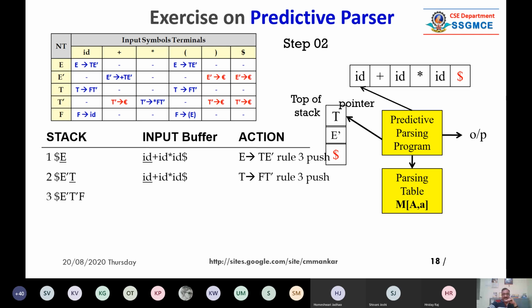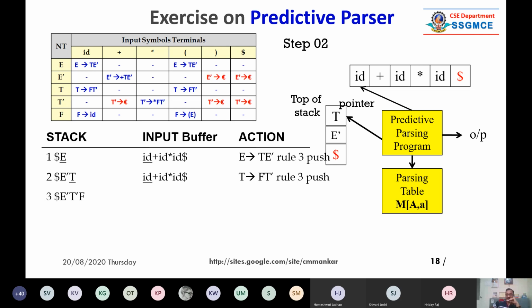See here, we have pushed T and E dash into the stack. So TOS is right now pointing to T, and the forward pointer is pointing to first letter, because we have not moved that pointer anywhere. We have not moved it because there is no action like that. So this is step 2.